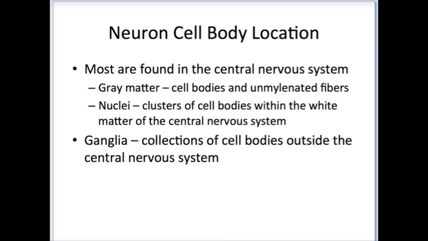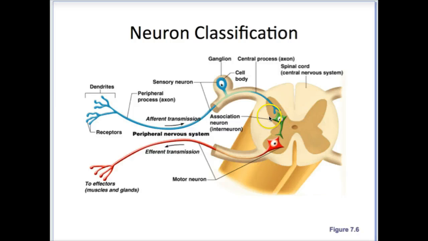Now, the majority of our neuron cell bodies are within the central nervous system, and this is actually part of why the central nervous system is so well protected. Surrounding the spinal cord and the brain, we have very intensive bony structures. We don't have bony structures surrounding the sensory and efferent neurons. You can see that our cell bodies are here within the central nervous system. But occasionally we have cell bodies that aren't, and that's what we term a